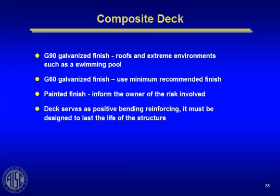Okay, let's talk about composite deck finishes. Many of you have probably seen the term G60 and G90. Those are just galvanized coatings. G90 being a heavier coating, more appropriate for a more severe environment like a roof construction where you might have